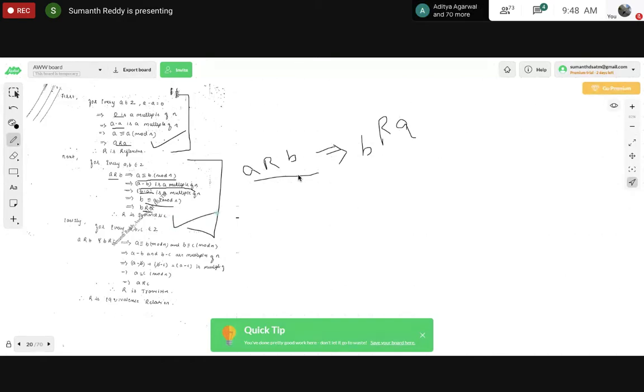But that is not sufficient for me to conclude it is an equivalence relation. I need to check one more property, that is transitive relation. Okay. So again, transitive relation you already know. So here I will write, if A is related to B and B related to C, then what is the conclusion I have to get? This time the conclusion that I have to get is A related to C, right? So now I need to check this property.